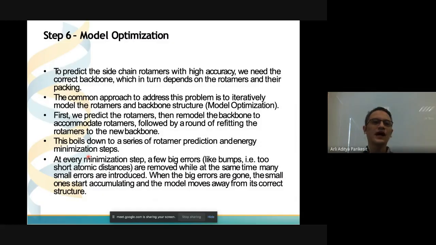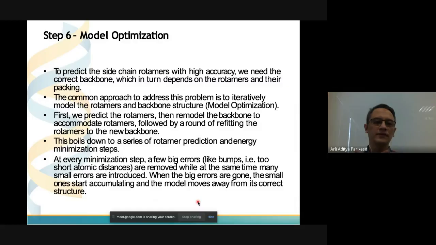So I will give you a sum up of everything here. What is model optimization? A raw structure will have what we call steric effect. Steric effect happens when all of the side chains overlap with each other, which makes the structure unstable.